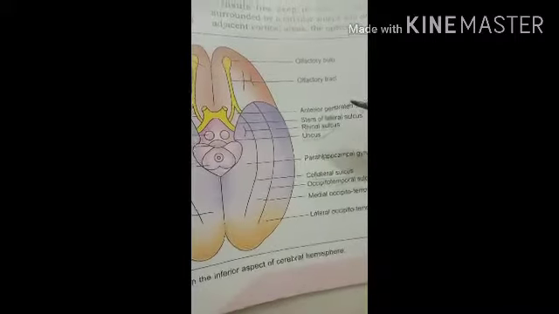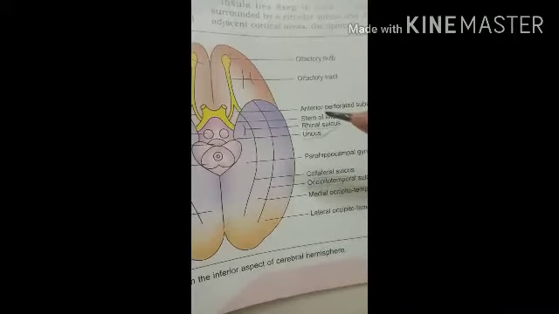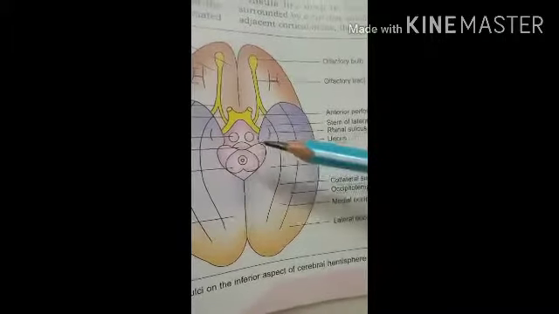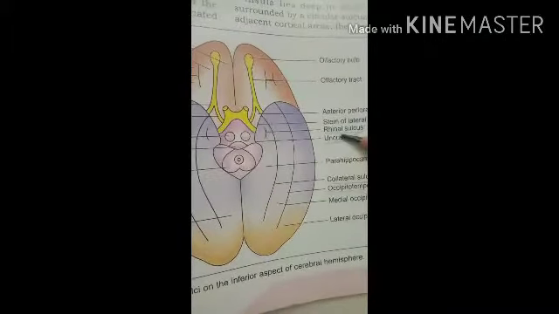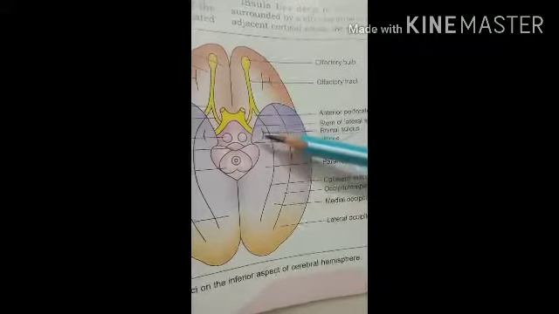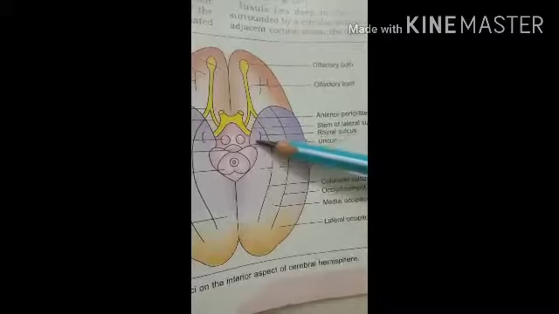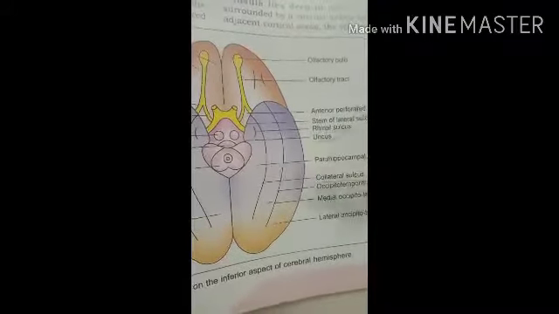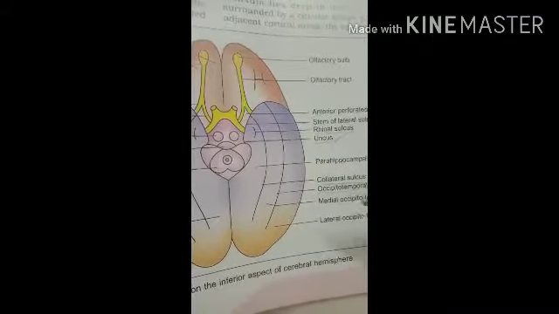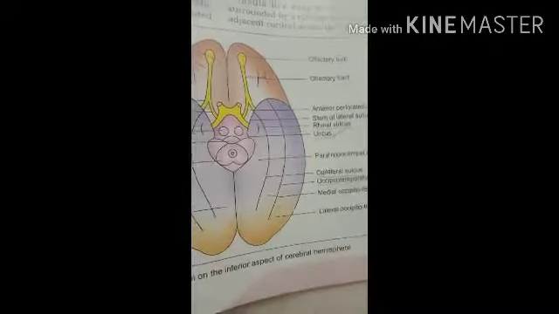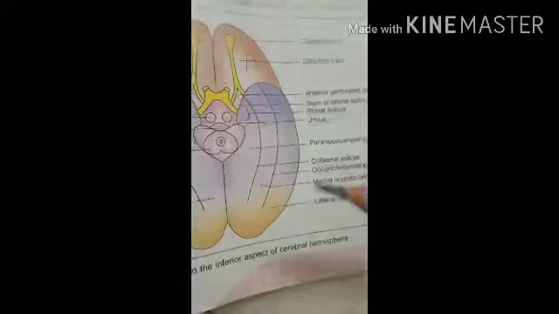And this hook like anterior end of the parahippocampal gyrus is called the uncus. So here you can see, that is the uncus. That is the parahippocampal gyrus, and this is the hook shaped rhinal sulcus. So the area between these is called the uncus. Then posterior to the parahippocampal gyrus, it is continuous with the cingulate gyrus through the isthmus.